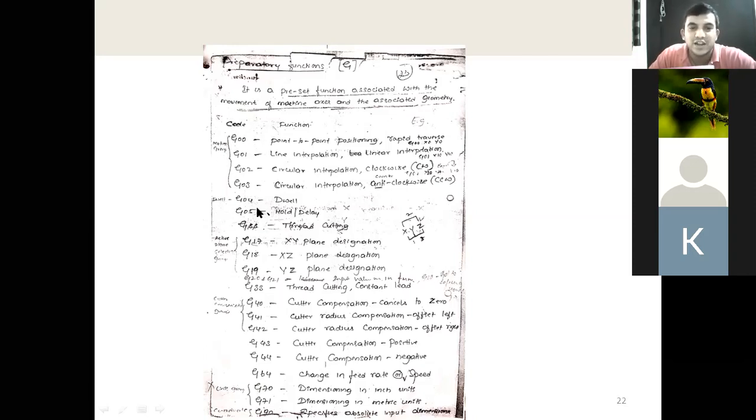Okay. Next G04 dwell. Dwell means if you want to do the drilling operation, once you produce a hole, you will not remove the tool directly. We'll leave the cutting tool in the rotating position in the place for a few seconds, 5 seconds, 10 seconds, because it removes the chips and at the same time makes the surface finish in a drilled hole, right? For that, we'll keep the cutting tool over some period of time. That is called a dwell.